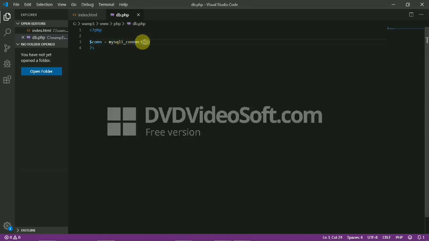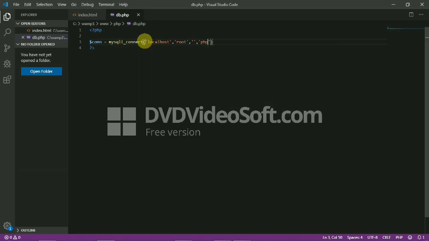In this mysql_connect, we have to send 4 parameters. One is localhost, and another one is root, meaning the username. The default username for all WAMP servers is root. The password is null, that's why I am not giving any password here. And the DB is phpdb.